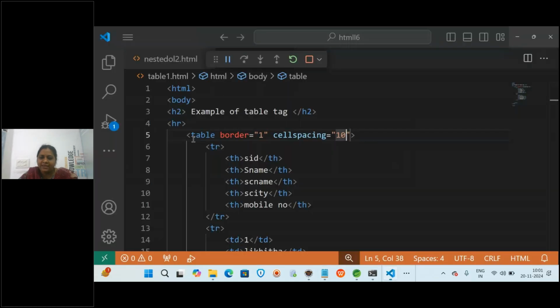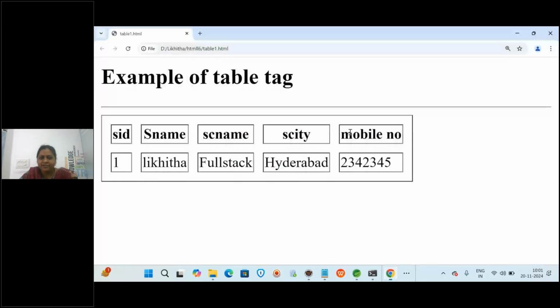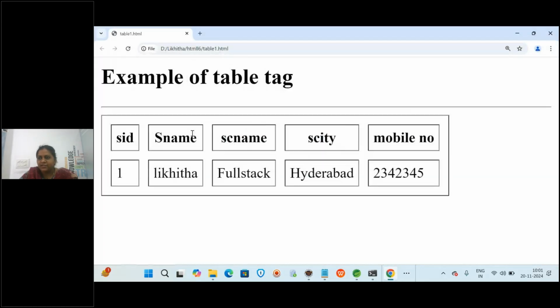Now I will write cell padding here. In this cell padding, I'm going to give 5. Now you observe the difference. I'm saving. Did we get the space? So padding means the space between the text and the border on all the sides.